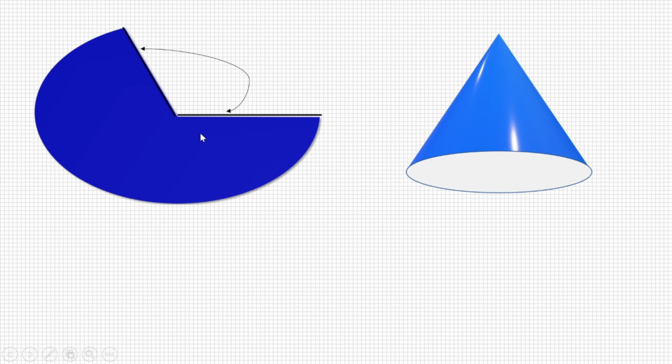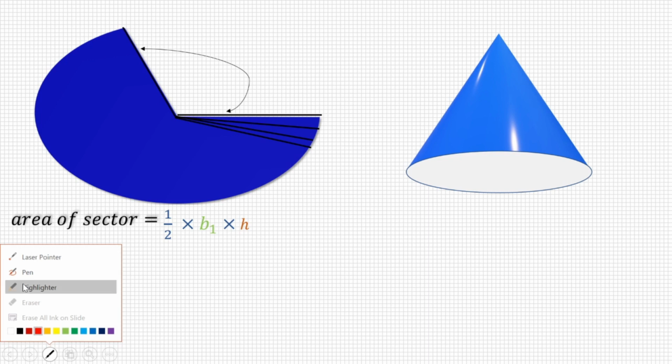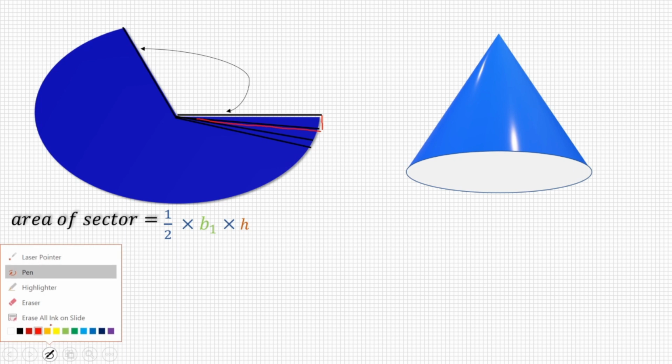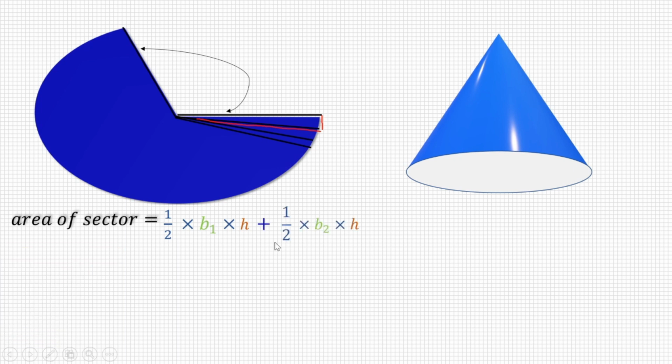So how do we find out this area? Exactly like the circle, for the area of the sector we'll divide this into small triangles and find out the area of all those triangles. The first triangle is half into B1 into H, where B1 is this and H is this. Then we have half into B2 into H, the H is the same for all the triangles, then half into B3 into H, and in the same way, suppose there are n of them,